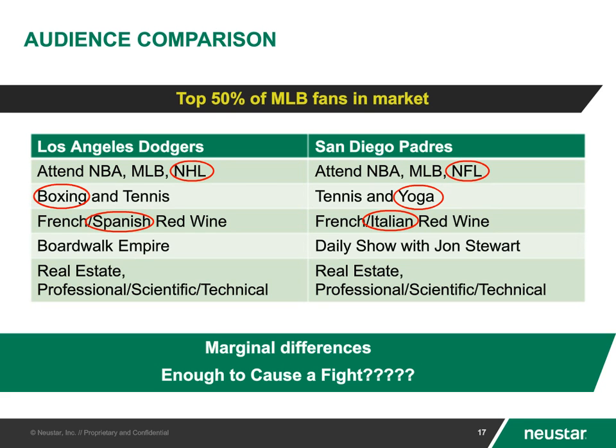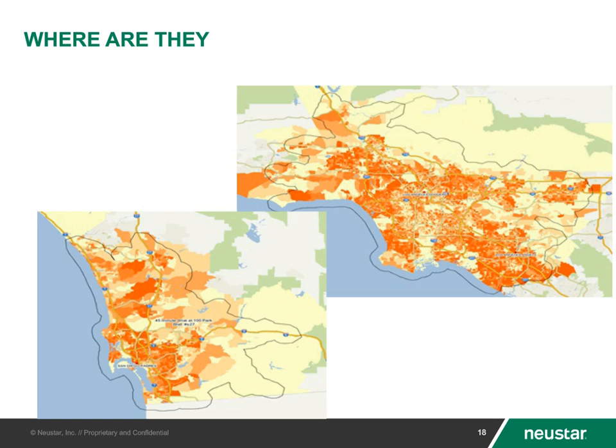And then the next thing you do need to think about, if you're marketing and if you're involved in trying to understand how to reach the fan bases here, it's not just the total market, the total 45-minute drive time that we put up there initially, but it's actually looking within those markets to highlight, in this case through a thematic map, where the pockets are that really contain your core market. And you need to be able to do this to effectively allocate your spend if you're trying to reach them.